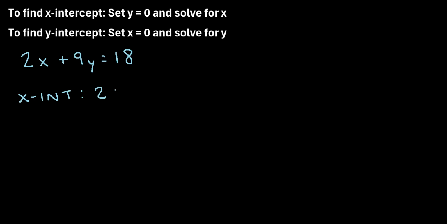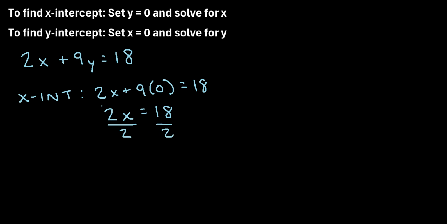So we get 2x plus 9, for y we're going to write 0, is equal to 18. And now we want to solve for x. So notice this just becomes 9 times 0, that's 0. So we're left with 2x is equal to 18. To solve for x, we just divide both sides by 2. On this left-hand side, the 2's cancel out, and we're left with x is equal to 18 divided by 2